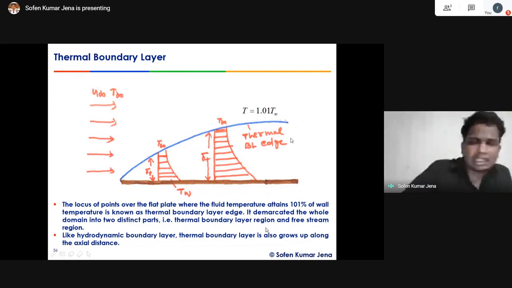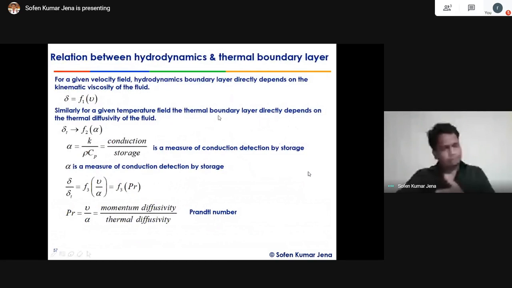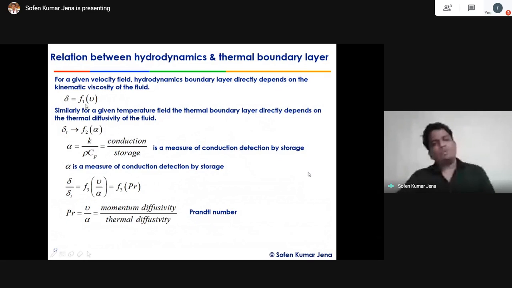So this is an interesting thing. Just like the flow boundary layer, earlier we have seen the flow boundary layer is a function of what? Kinematic viscosity nu, right? We have already derived how it is changing with nu, both similarity solution and momentum integral. If there is no viscosity, there is no boundary layer, right? Similarly, the thermal boundary layer delta T is a function of what? It's a function of alpha, where alpha is equal to K by rho Cp. K is the conductivity, rho Cp is the heat capacity.